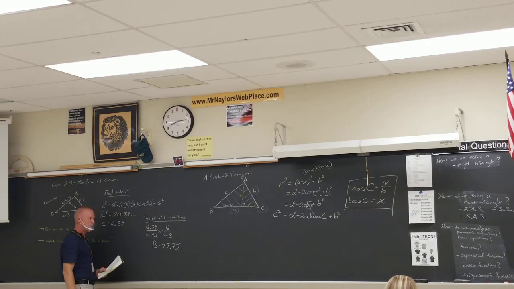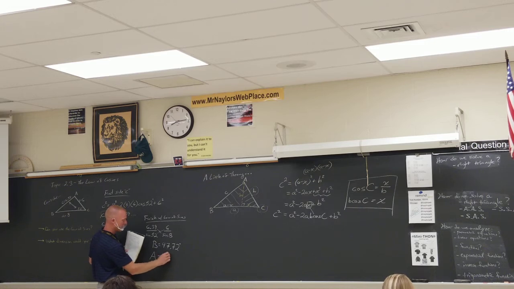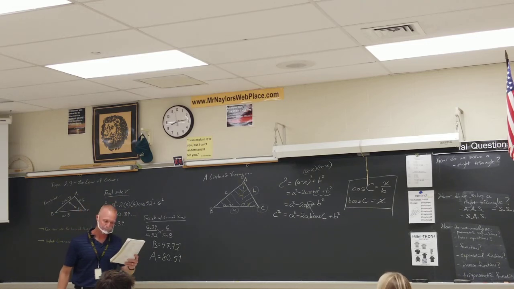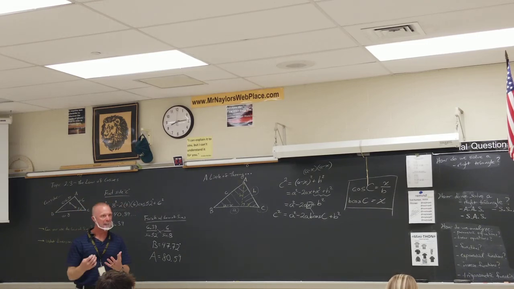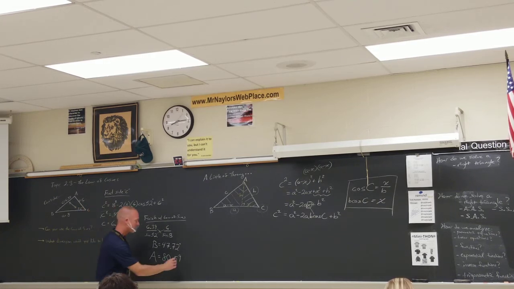So if you found angle B first, you would get right around 47.72, and then you can subtract from 180, and you can get right around 80.59. Now, if you found angle A first, and this is going to happen, you'll find out that your decimal differs by a couple tenths. If you found angle A first, you might feel like you're staring at more at about 80.28,